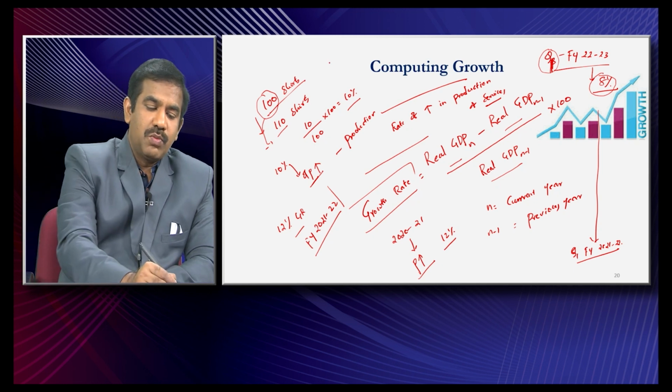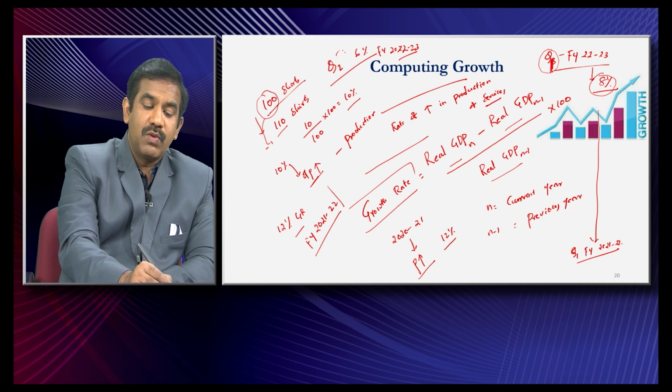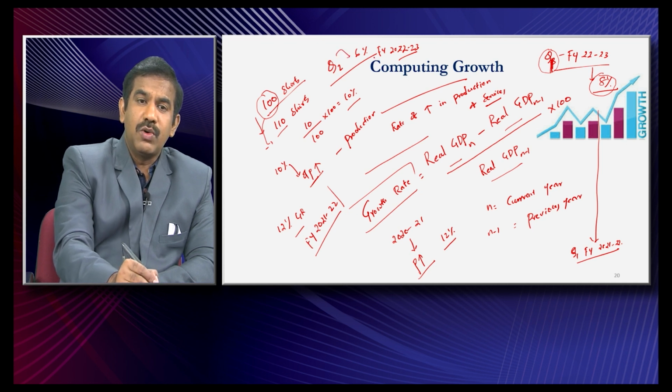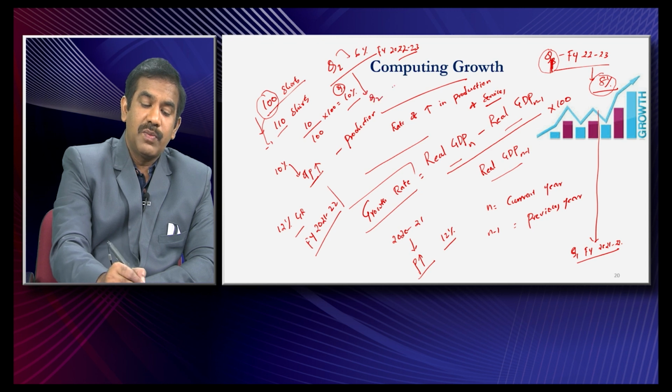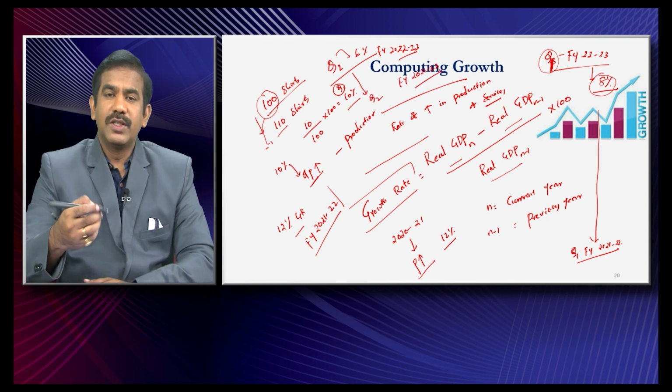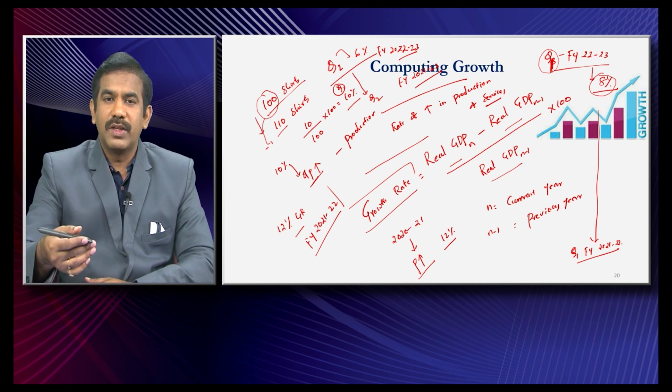Let's say tomorrow you come across a different news: Q2 growth rate is 6% in the financial year 22-23. When I say Q2 growth rate, I mean the second quarter's growth rate is 6%. It is not in comparison to the first quarter, it is compared to the second quarter of the previous financial year 21-22. This is what we call measuring the growth or change on a point to point basis.